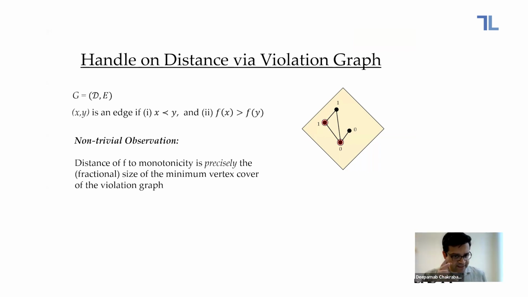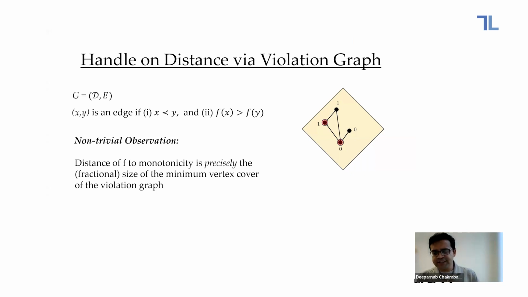So that's a thing that requires some thought, but it can be proved. And the reason I'm stressing, talking a little bit more on this, is that for some other properties, such a handle is actually not present. In particular, for a property like submodularity, we don't know of such a handle, which leads to our lack of understanding of testers. But coming back to monotonicity, the takeaway is, if I look at this big violation graph,